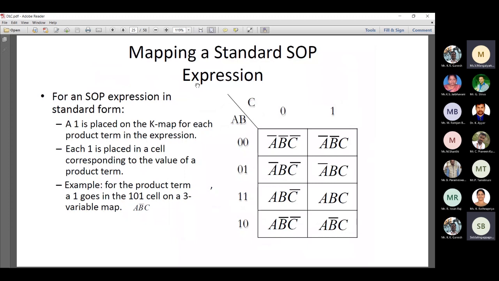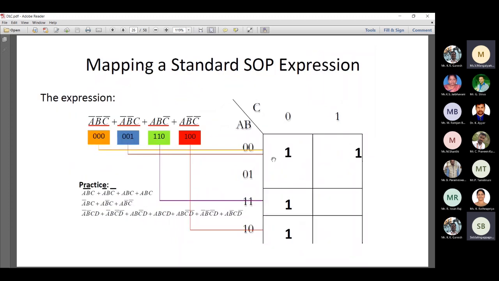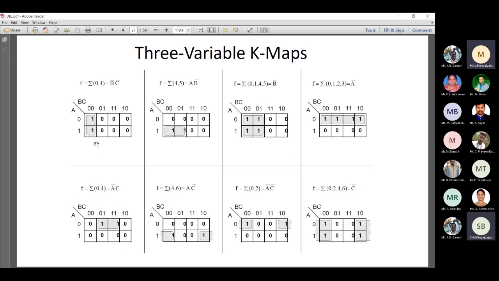Similarly here, this is how we do mapping. This is the 0 0 position, this is the 0 0 1 position. The expression which is given, we convert it into binary, then this binary is represented this way, right? And then we simplify the expression, right? So this is how we can do the simplification. When the expression is given, we convert it into binary and we place it in a K-map. You can see here.